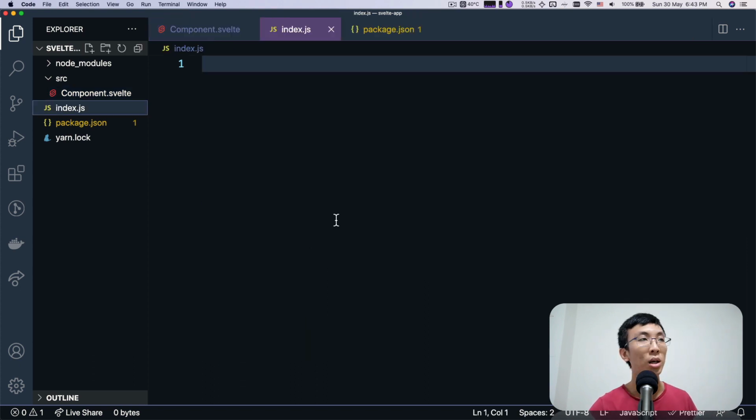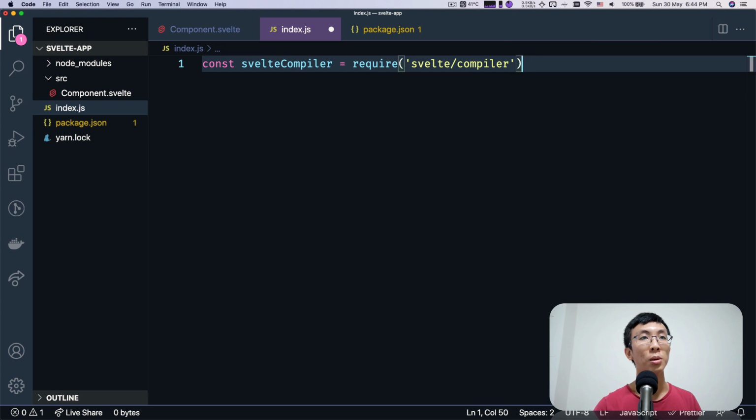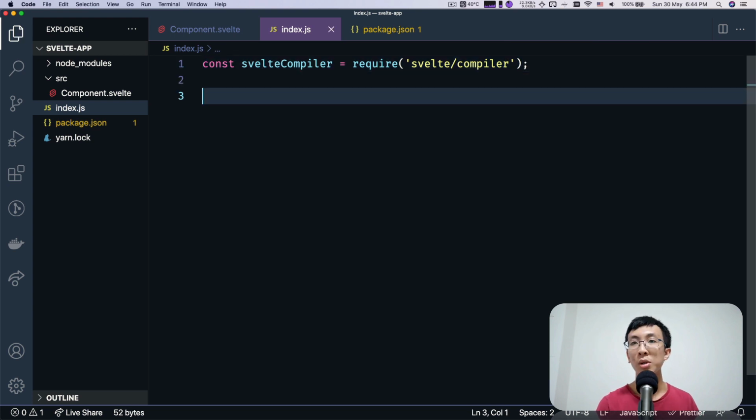So here what I'm going to do now is come over to index.js and write all that out. First, I'm going to import the Svelte compiler from svelte/compiler. Here I'm going to write out the raw, manual process that you would have to write if you are not using any framework such as Sapper, or in future maybe SvelteKit.